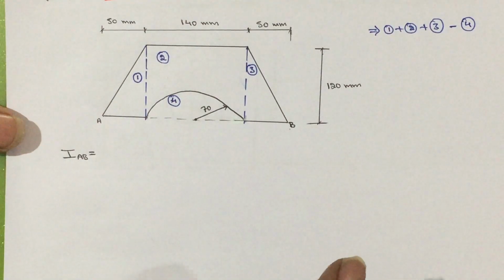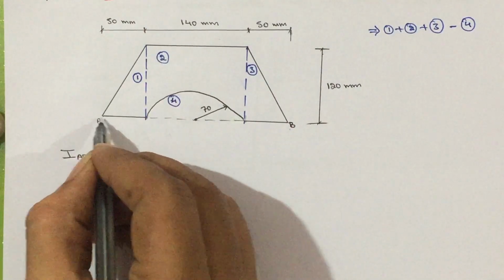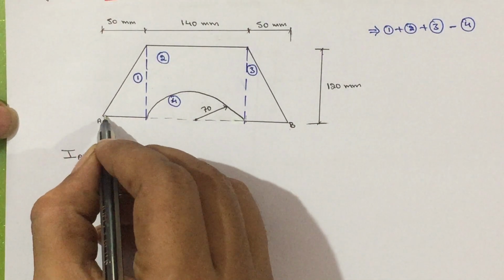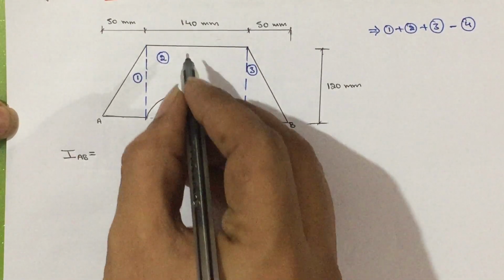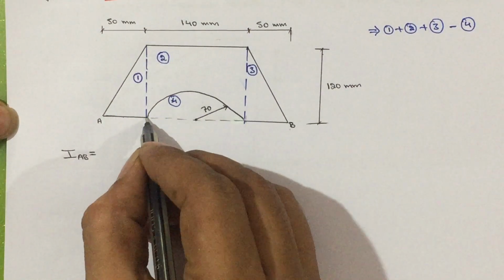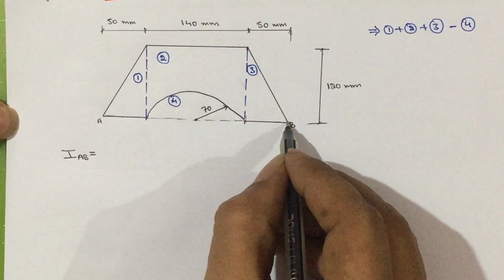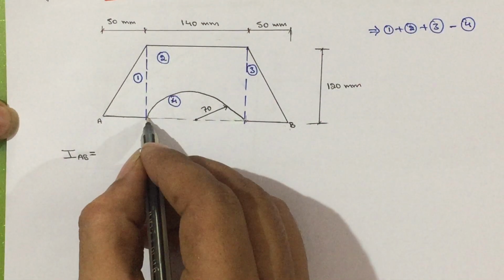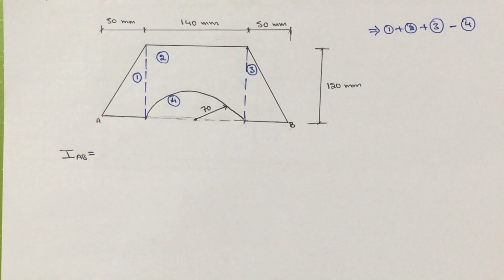And you should remember, if the base of this individual figure lies exactly on the AB, then only that formula is valid. So, here it is the base, this one is the base, it is lying on AB. In second case also, this is the base lying on AB. Third case, the base of the triangle lying on AB. Here also base of the semicircle lying on AB. So, we can write the formula directly.